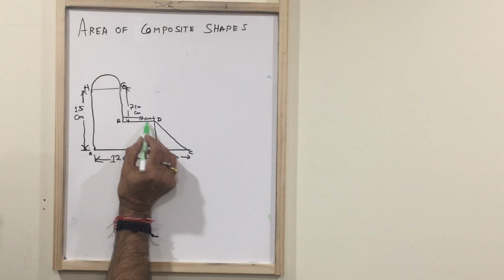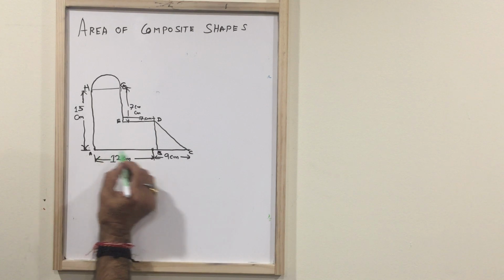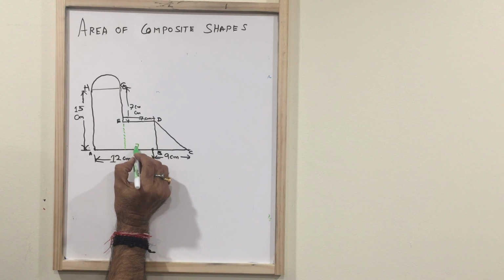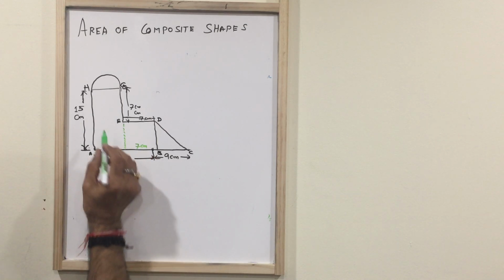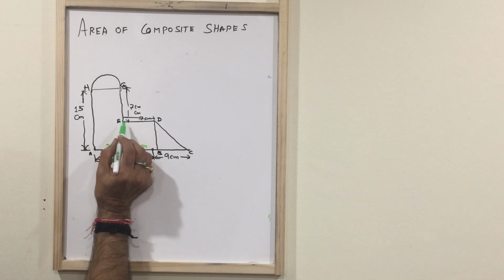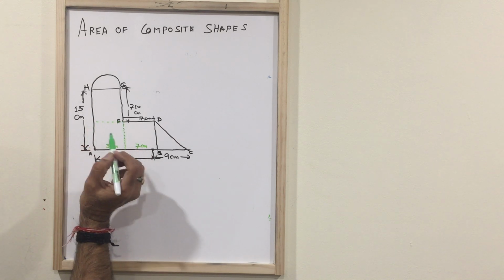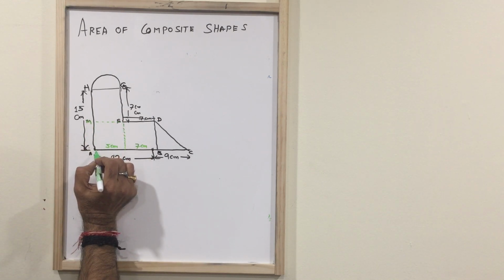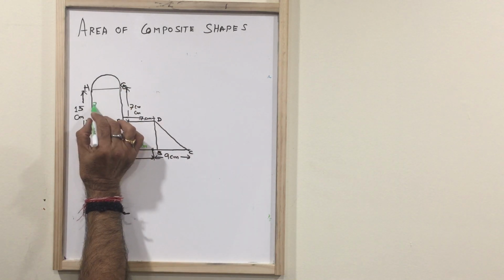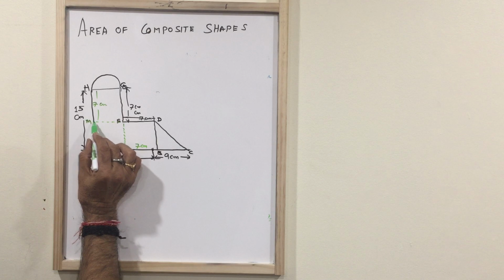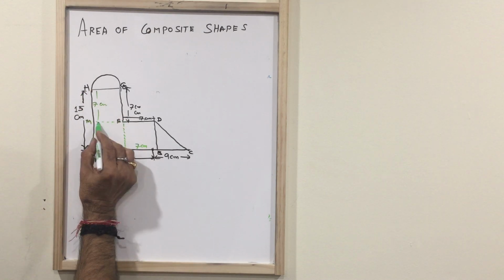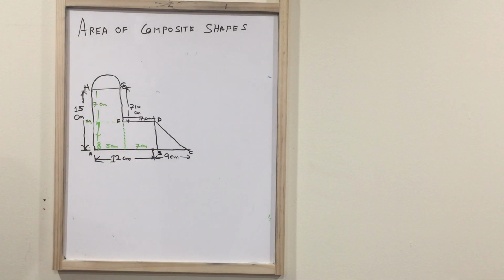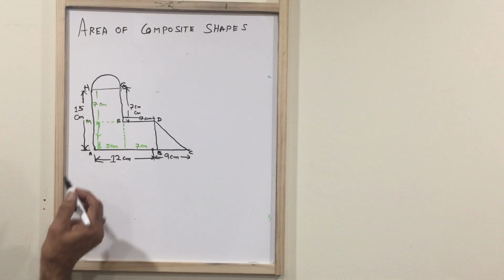Suppose now we know this side is 7 centimeter. It is given. This total is 12 centimeter. If we produce line like this, so this is 7 centimeter, and this remaining is 5 centimeter. Now we'll proceed this line up to this, and we'll make it a point M. Then this is 7 centimeter, so this is 7 centimeter. The total is 15 centimeter this side, so remaining will be 8 centimeter. So we can find out the areas accordingly.